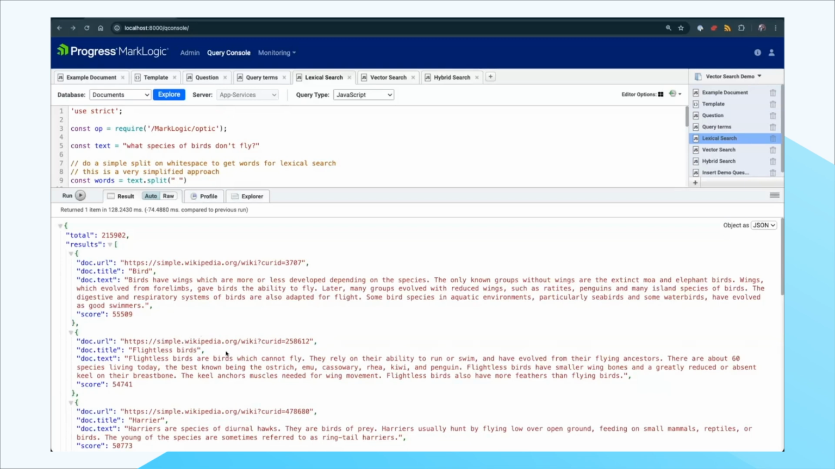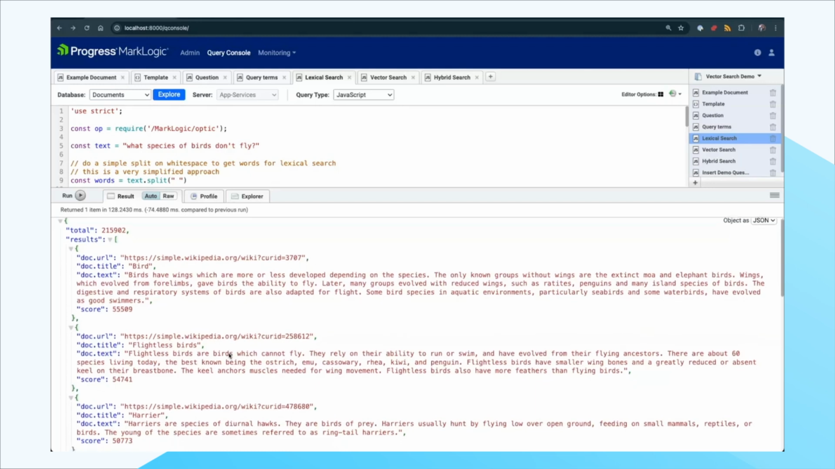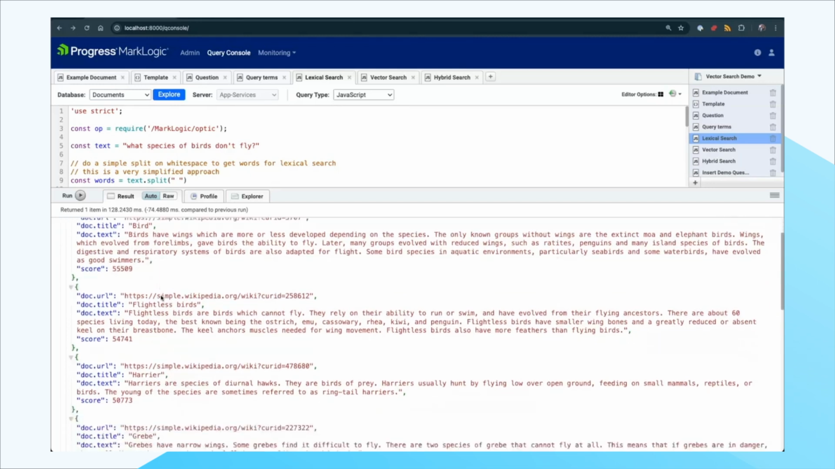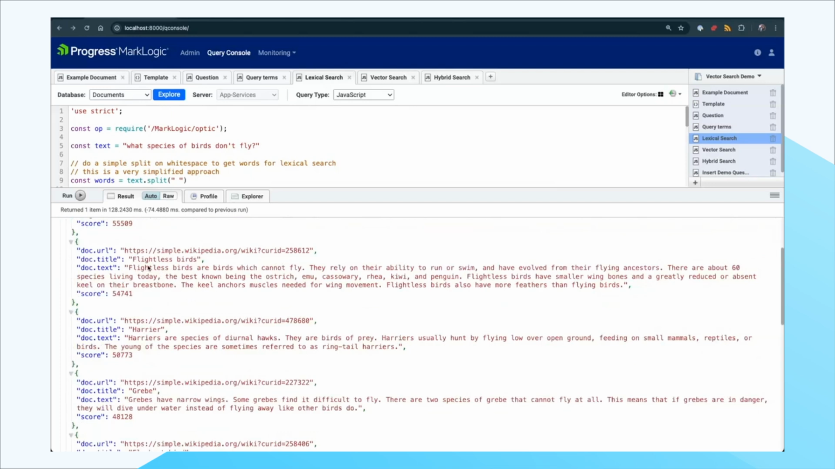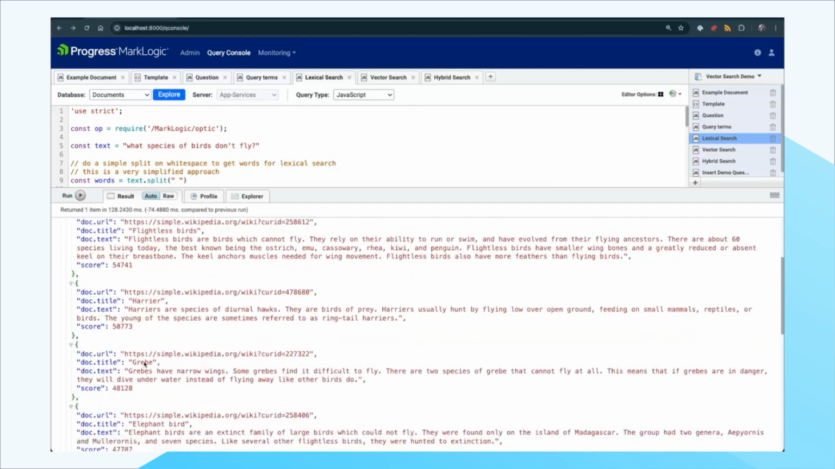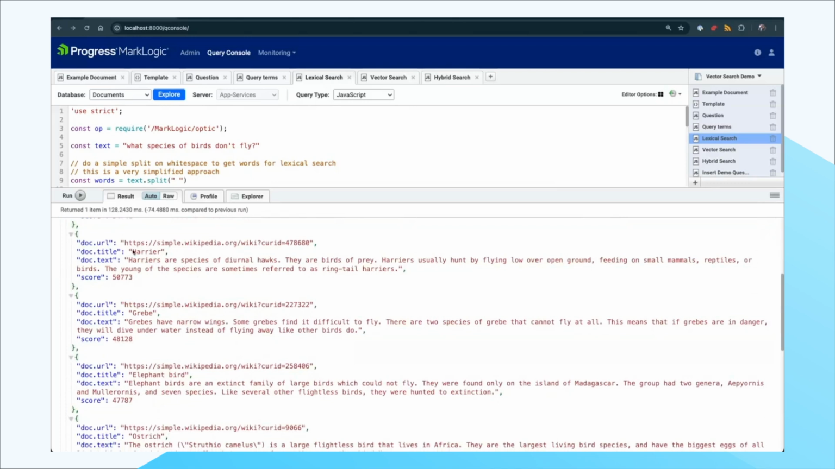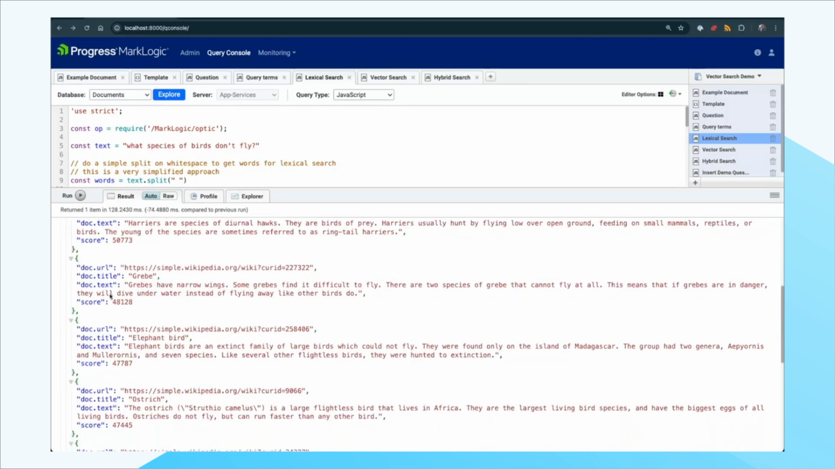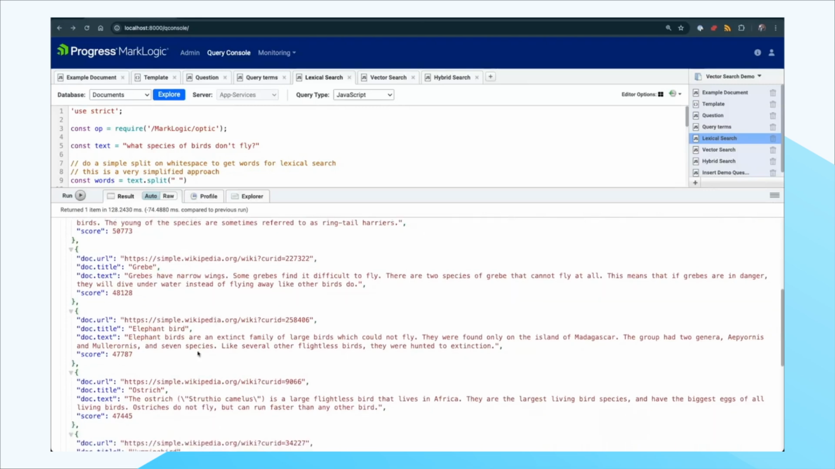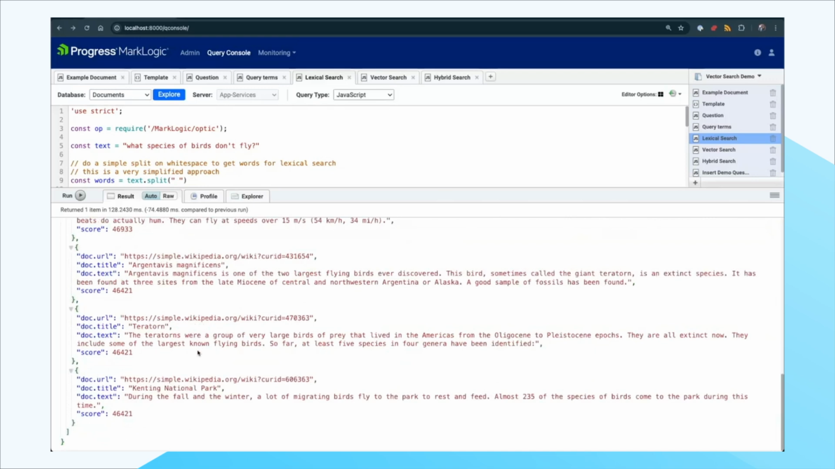So let's take a quick look at some of the examples. Right at the top, I have a document that talks about birds. I even have as a second document one that talks about flightless birds. This one talks about hawks, which are definitely not flightless. Grebes are flightless. I guess elephant birds are flightless. Anyway, if we go down, we can see at the bottom in this top 10